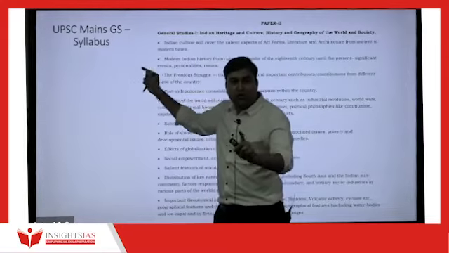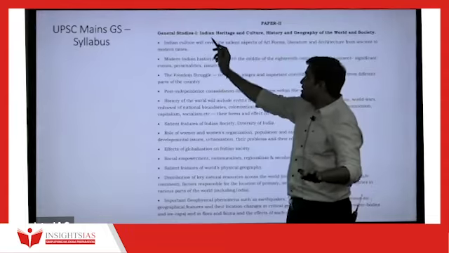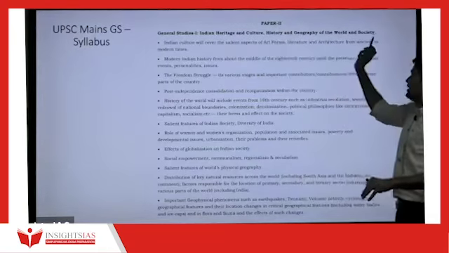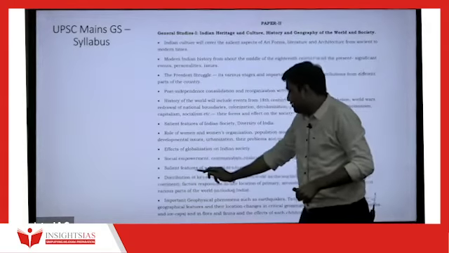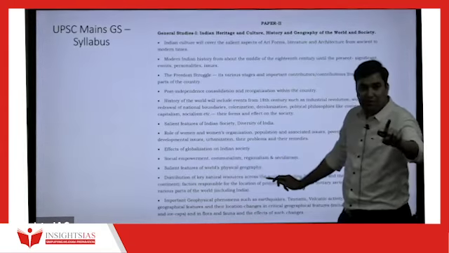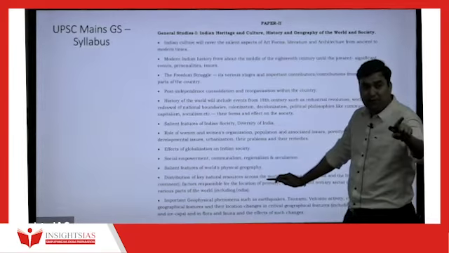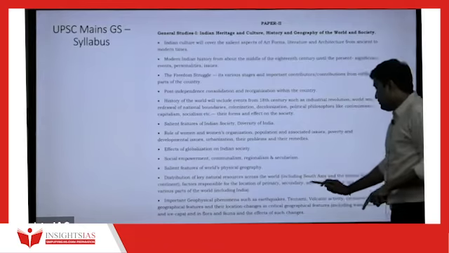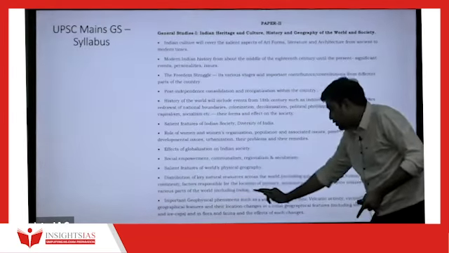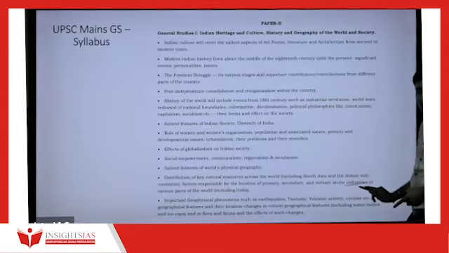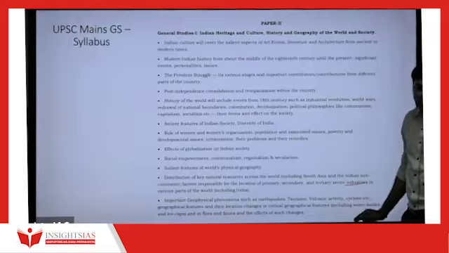UPSC का through its authentic notification, GS paper 1 has 3 parts: history, society and geography. Geography का 3 lines last. Salient features of world physical geography, हमने physical geography पढ़ा. Distribution of key natural resources, world economic development में देखा था हमने resources from South Asia etc. Factors responsible for the location of the industries, हमने इंडस्ट्रियल लोकेशन देखा ना, इंडस्ट्रीज इंडिया आल्सो वी हैव सीन, आया ना.